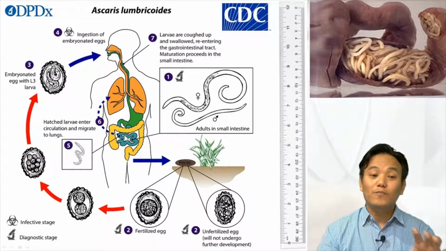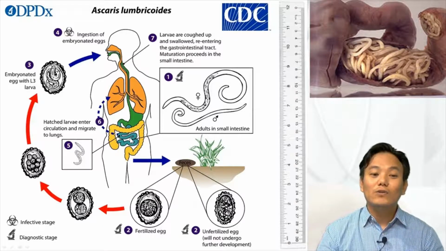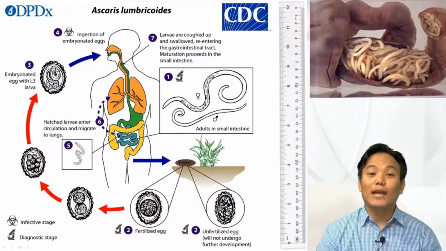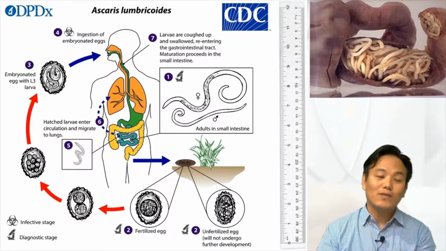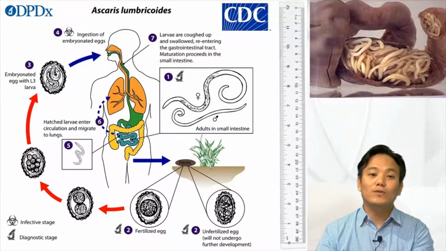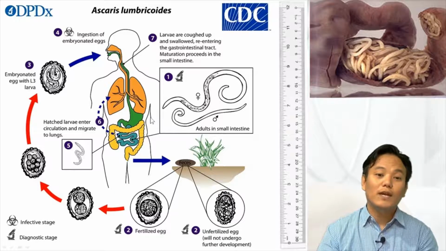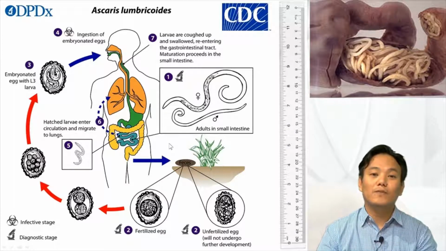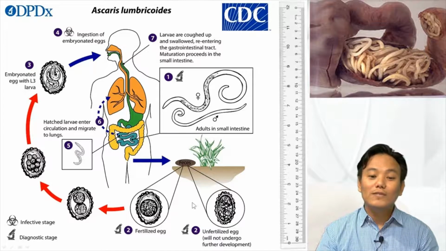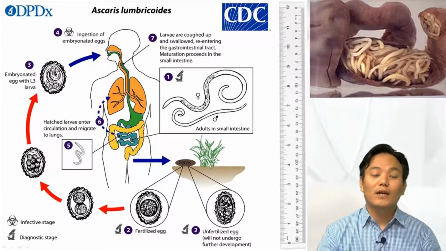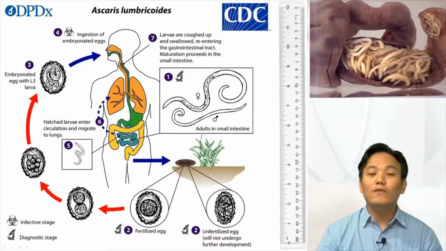Okay, so now if you pay proper attention and study this diagram properly, you can clearly see that in order to complete one life cycle, the worm has to come out of the human body. So the life cycle occurs in two different places, one inside the host and one outside the host. I think the reason behind this is optimum temperature. Inside the human body, the adult can survive. Outside the human body, since it is cooler, the embryo or the larval form can survive.